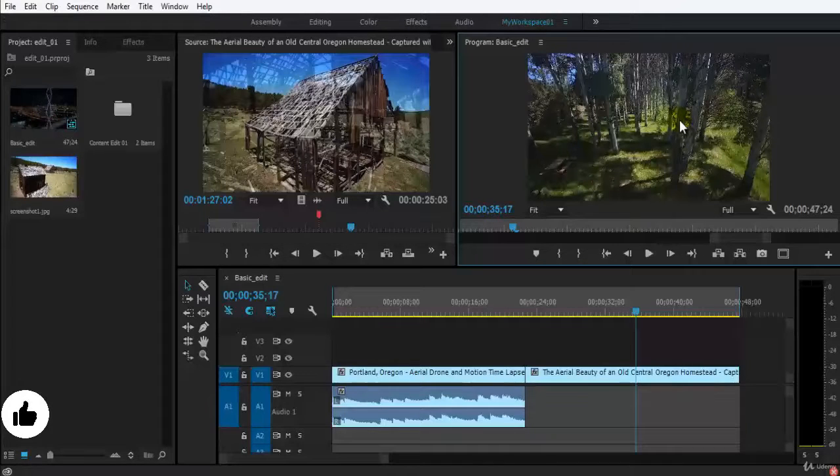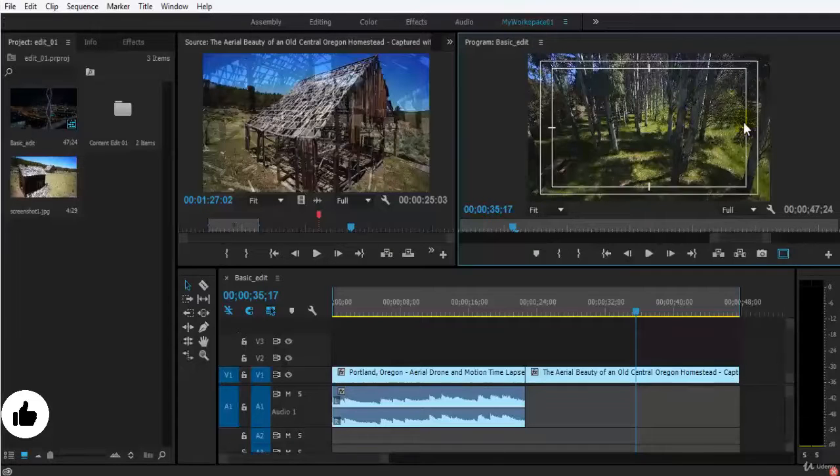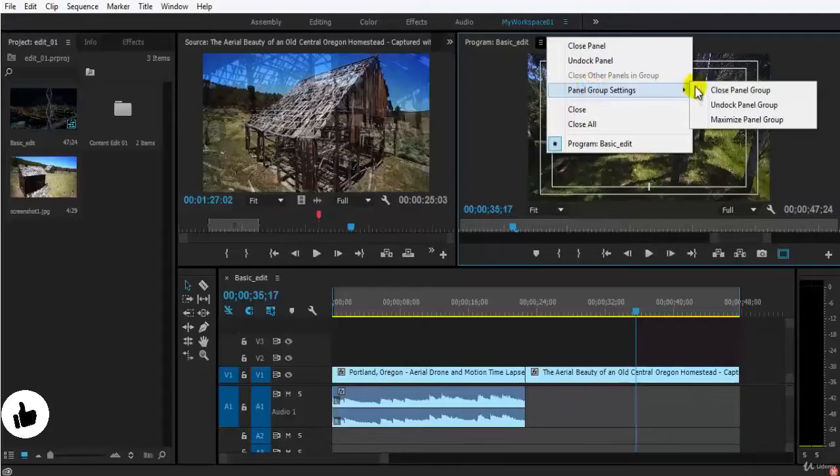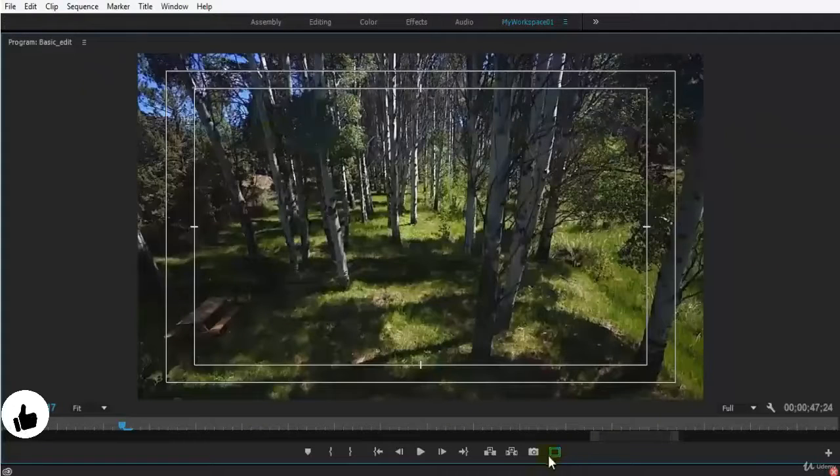This is safe margins. This is a very important tool, or rather an option provided by Premiere, when you are working on edits. So let me get you to just a basic kind of film editing. I would like to maximize this panel group settings, same as source monitor. Yeah, so if you see, if I toggle this,